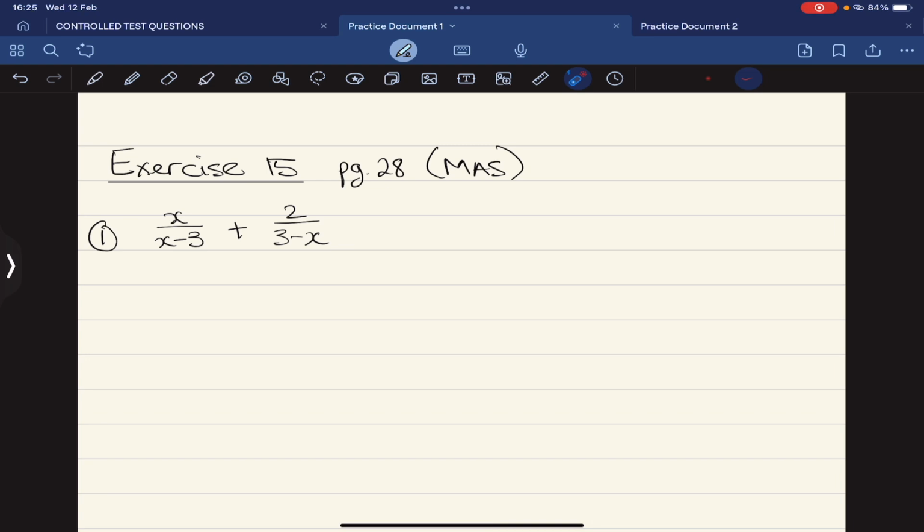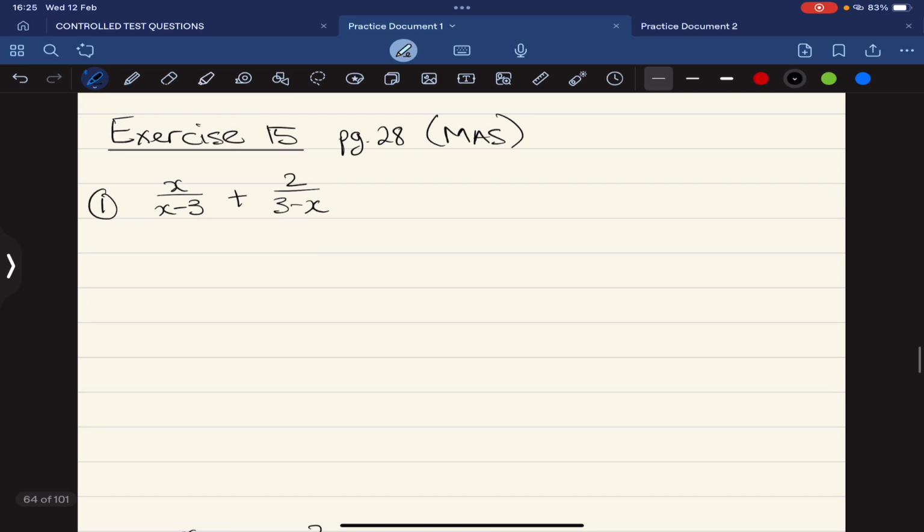If we can change this 3 minus x to an x minus 3, it means that our LCM or LCD will just be the x minus 3. And we can then apply a sign change rule here by rewriting the first fraction, and that sign change will take place in the middle, which means I can swap